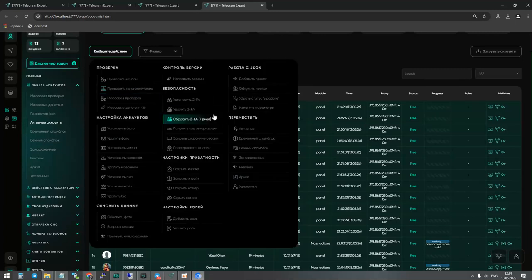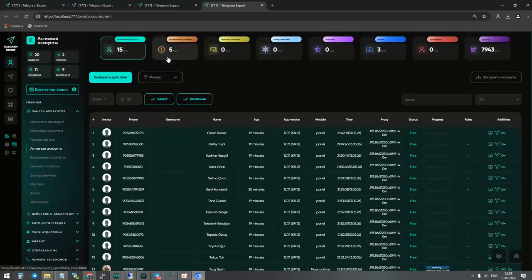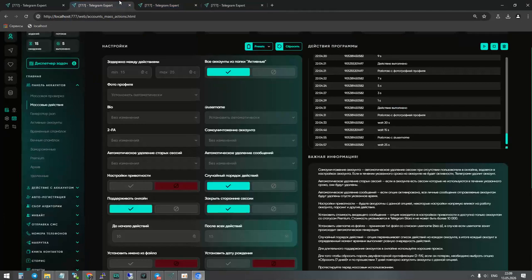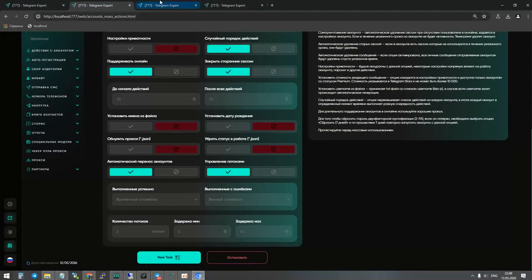We also have access to privacy settings for roles, which I briefly mentioned earlier, work with proxies as well as moving between folders within the software itself. I will remind you that for the module to operate with accounts, they must be located as active ones in this folder using movement after processing. As I did, permanent ones go to the temporary spam block with errors, while permanent ones go to the eternal